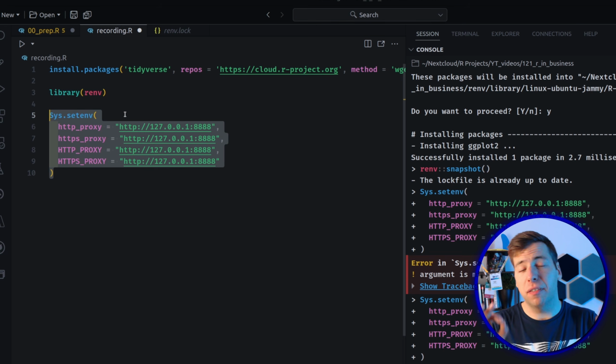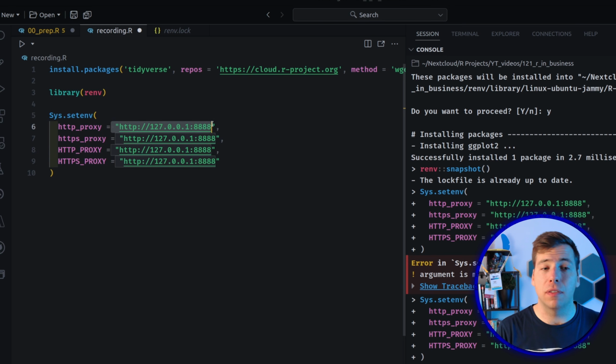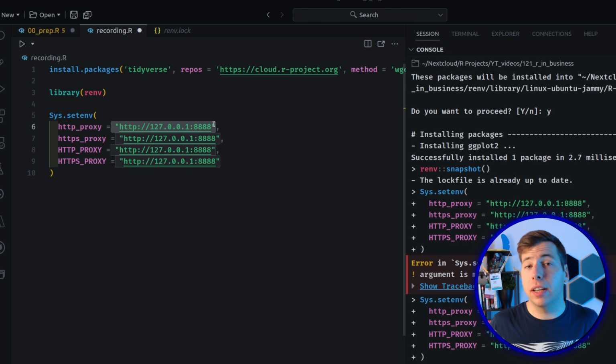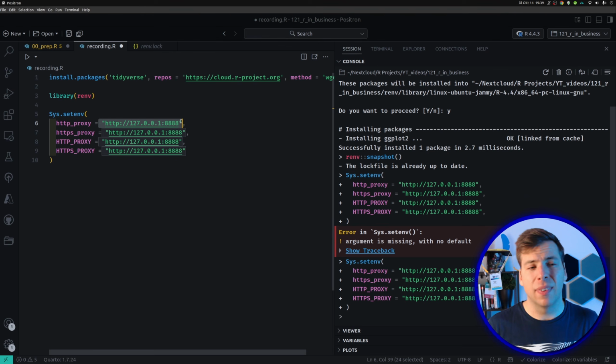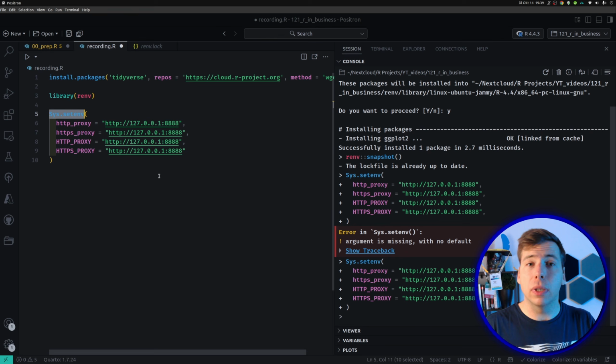But the thing that I have done right now, where I've just set the HTTP proxy environment variables to some specific value, this can be safely done inside of an R script like so, when it's not really a secret. But environment variables are often used to store credentials to specific services. And then you don't want to have these values inside of your R script like regular code, but instead you want to store them inside of environment variables that you can then